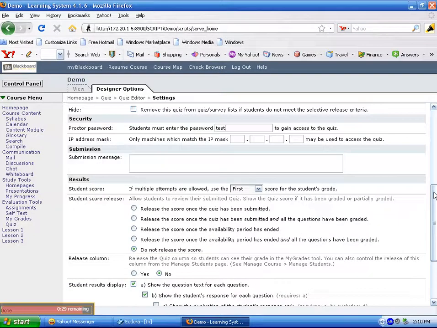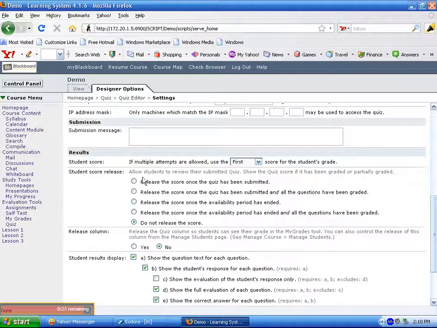The next area that we most often need to deal with will be this score area. If you do allow students to take multiple attempts, then which one are you going to use? Latest, highest, average, whatever it might be. Student score release. When and how are students going to be able to see their scores? The default here is do not release the score, so you need to change this if you want students to be able to see what they've made. For most of us, perhaps the best option here is the next to the last